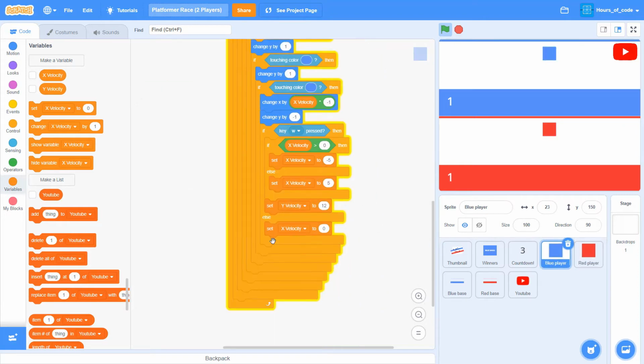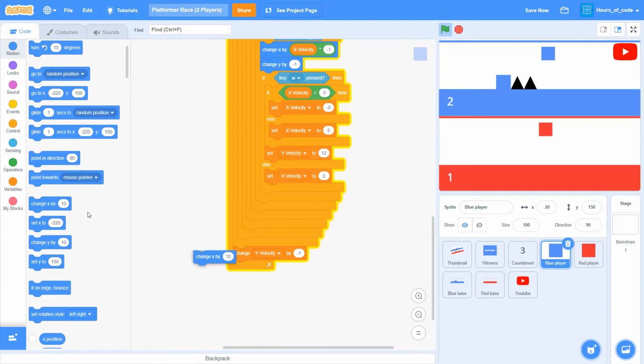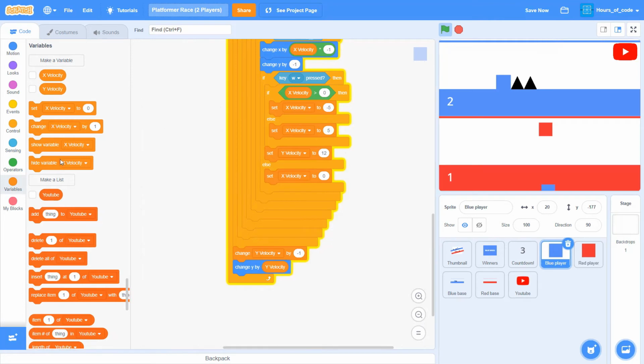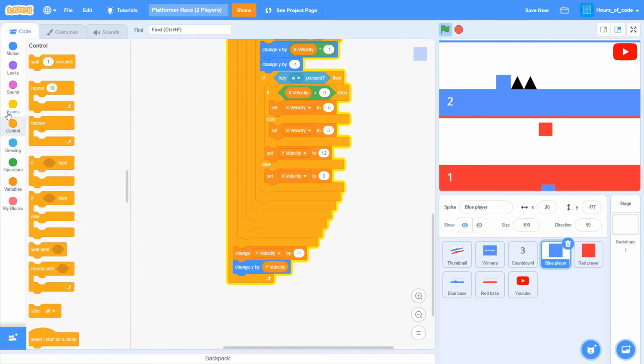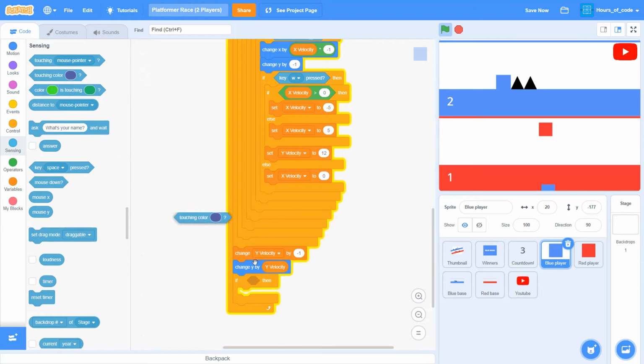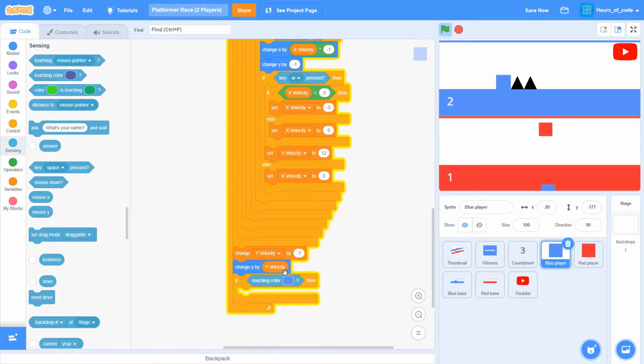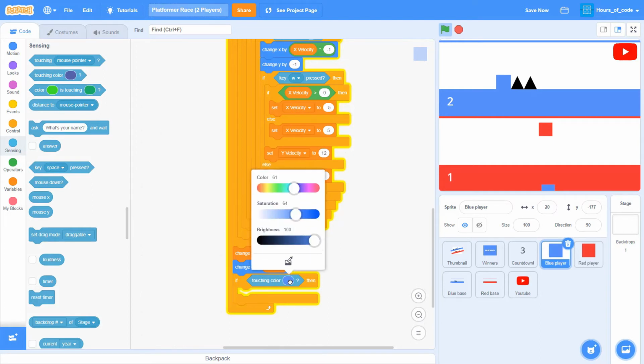Go to our website and add what we've added on. At the bottom of the loop, we'll change y by -1. We'll also add a change y by y velocity. If it is touching the color blue,